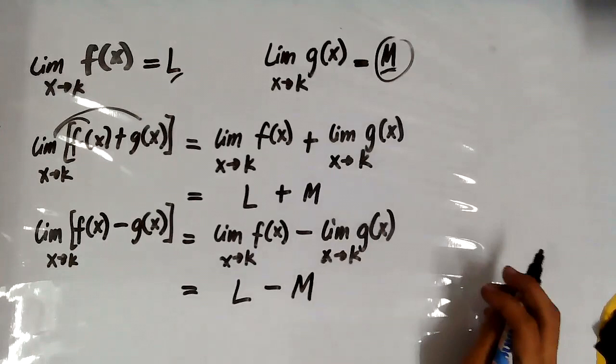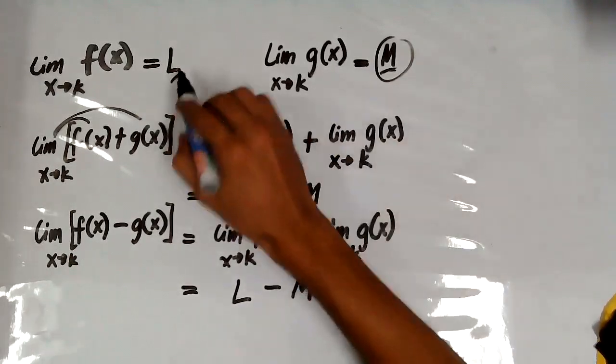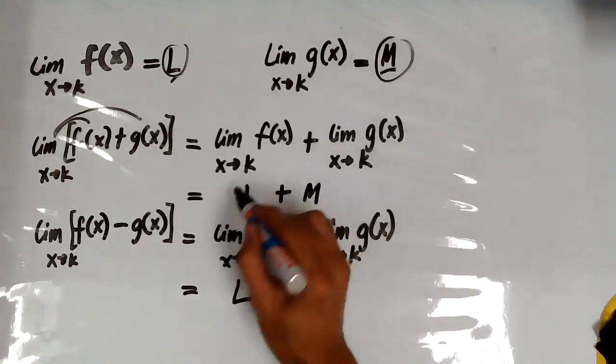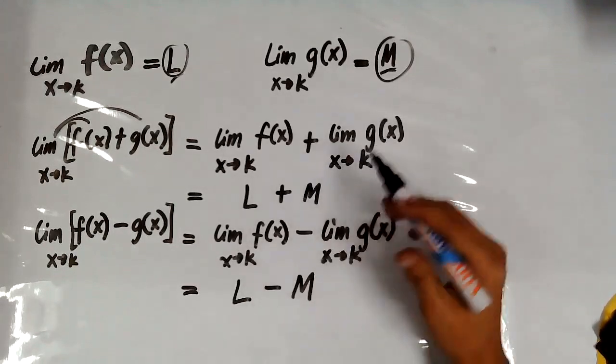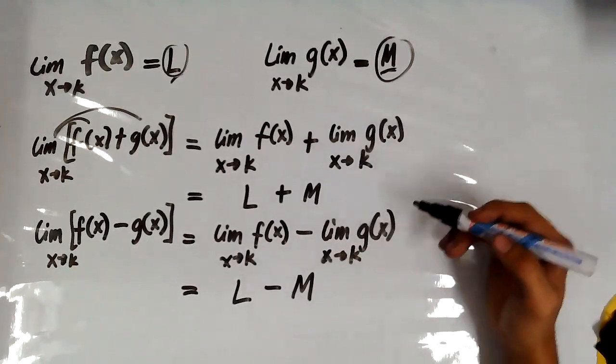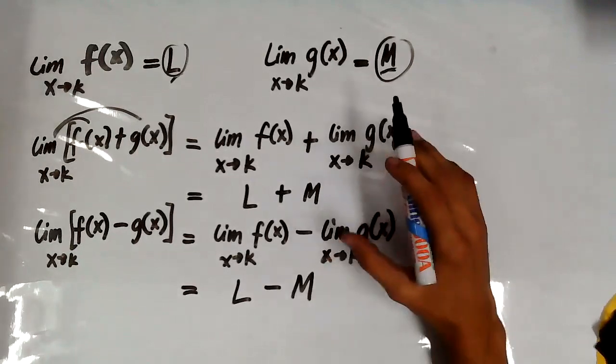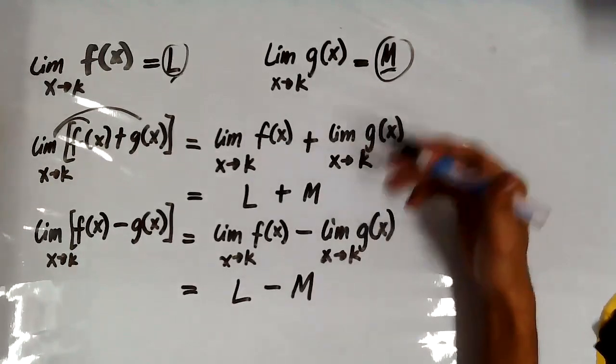So basically, if you're going to get the sum of these two functions, you just have to add their limits. This is L plus m. So if you're going to get the difference of these two functions, then you just have to subtract their limits. All right. So with these examples of not so rigorous proofs of the limit laws,